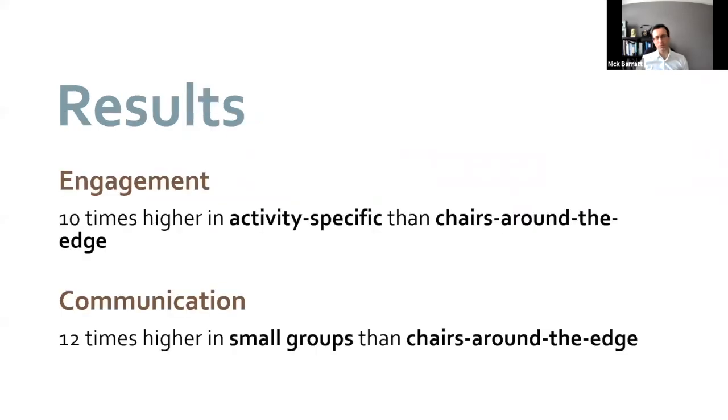So what were the results? Well, you've probably guessed where this is going. So engagement was 10 times higher, roughly, in the activity specific versus the chairs around the edge layout. And communication was higher in that layout as well versus chairs around the edge. And in the communication layout, the small groups arrangement, communication was 10 times higher in that group versus the chairs around